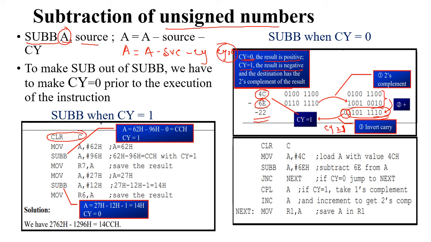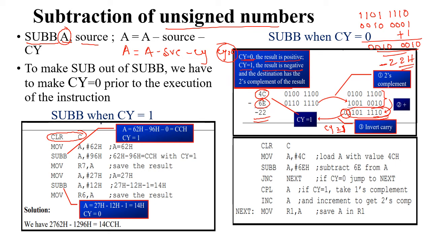So if we take this example here, the result we get in the accumulator is the 2's complement. So it is 1 1 0 1 1 1 0 1 1 1 1 0. You need to complement this first, that is 0 0 1 0 0 0 0 1, and add it with 1. The result you get is 0 0 1 0 0 0 1 0. That is 22h, and since the carry bit is 1, the sign is negative, that is minus 22h.